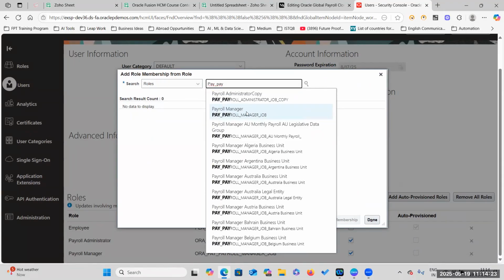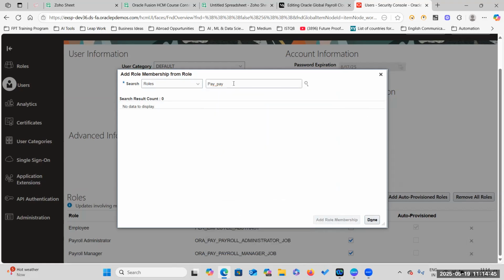So this is the old job role. Pay underscore payroll manager is up to release 12.1. After that, they revamped everything and added extra features, but they didn't want to spoil the existing role. That is the reason everything they changed with ORA